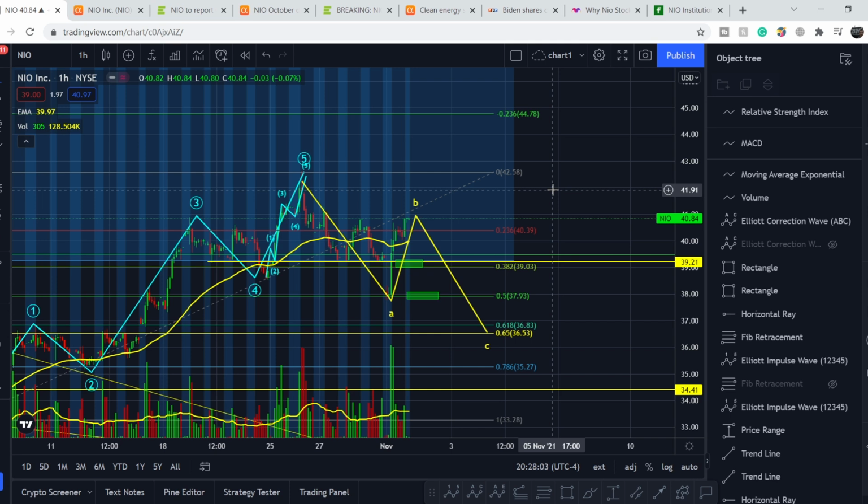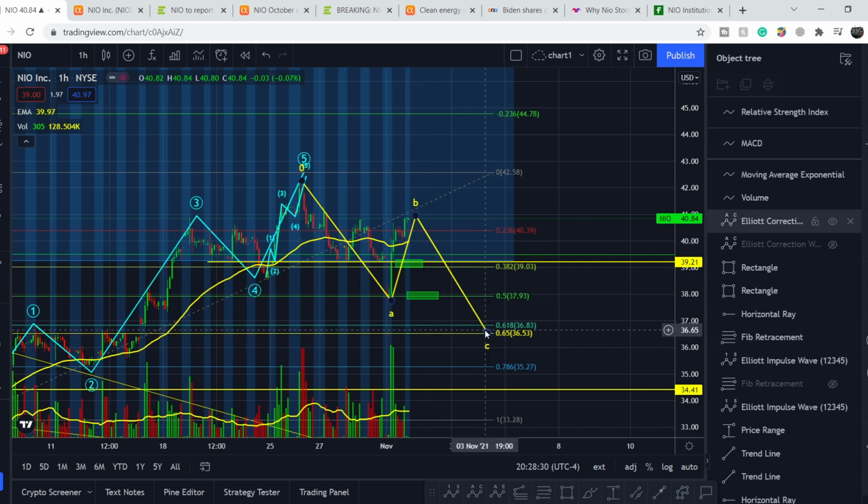And I will do another update in order to project some entry points and some targets. So, what should you do for now if you want to enter the position? In my opinion, you have to wait, because even if we go lower and hit these two targets again, or potentially even 0.618, the golden pocket, which is the least probable price target for now but still possible,